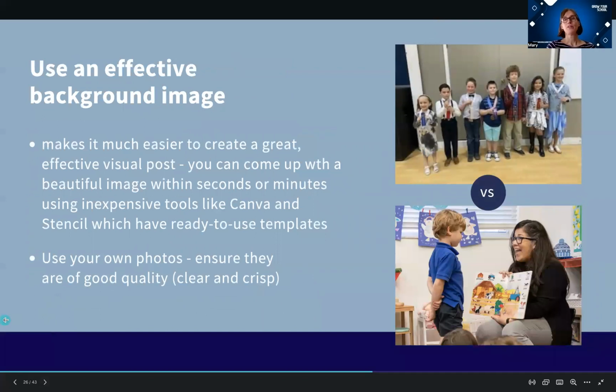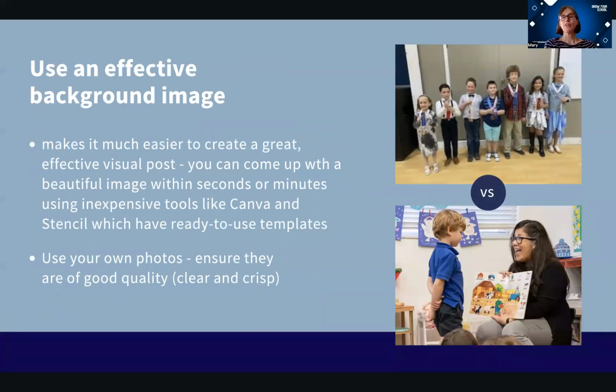All right, so this is when you're choosing a photo, and you can use a stock photo, although if you can use your own photos of your classroom, it's much better. You just want to make sure they're good quality photos. So you can see the top photo is a bit blurry and it's hard to see, whereas the bottom is very clean and crisp. Also, the picture below conveys emotion, right? You see an excited teacher, you see a child engaged with a book. It already gives you a grasp of what life is like at that school.